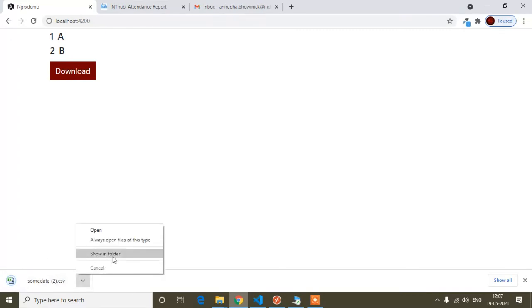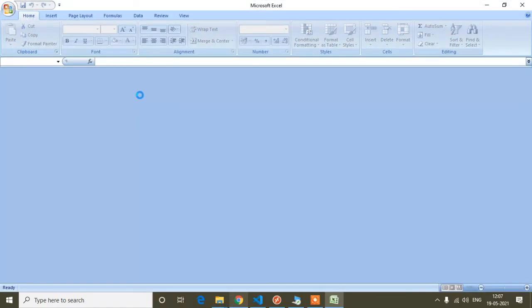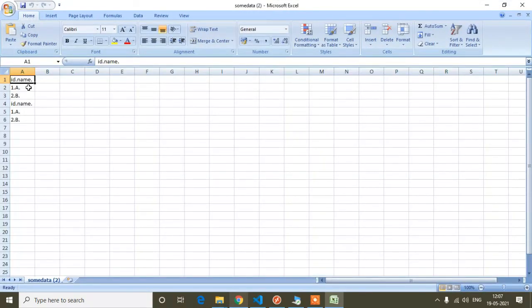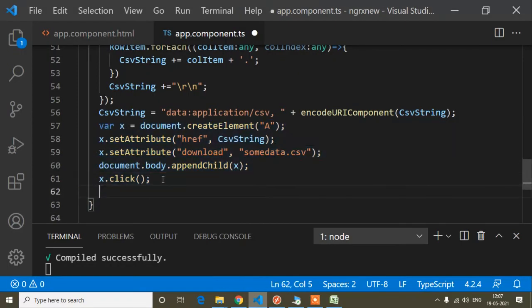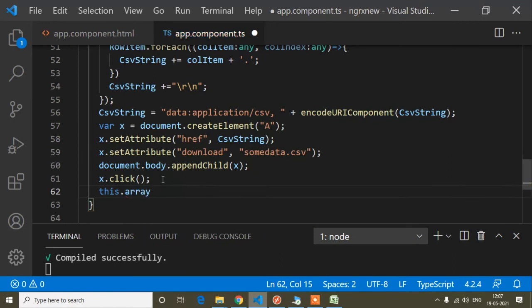If I open it, you can see it's downloaded, but here I have to set this.array to blank again, because otherwise if I download once, the old data comes again. So this.array is blank.